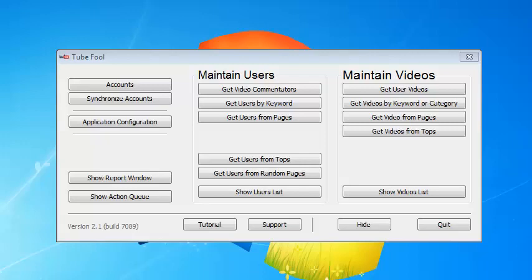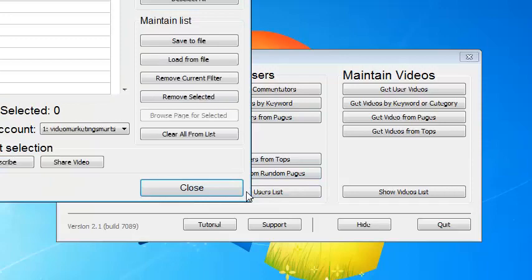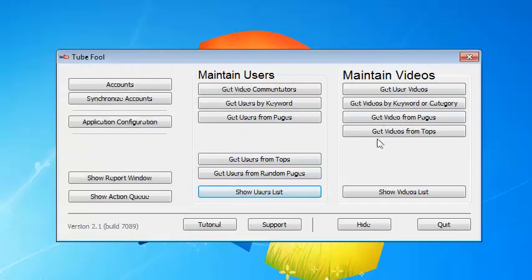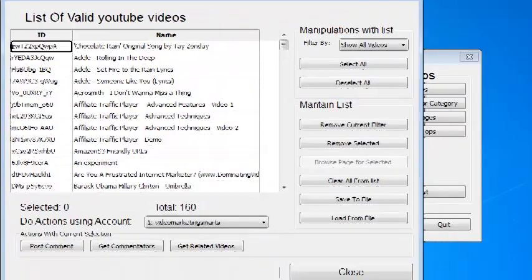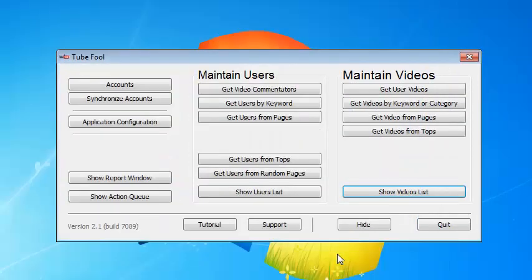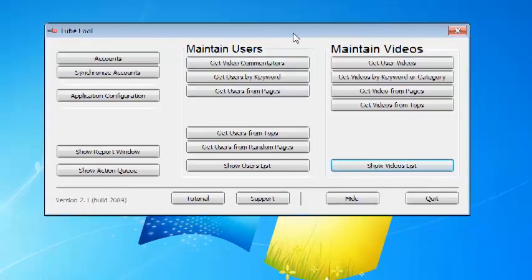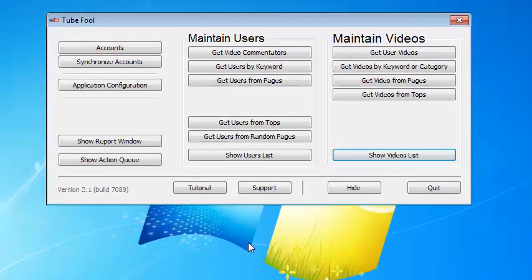That is, now that you have gathered a bunch of users and created user lists, and you've gathered a bunch of videos and you've created video lists, and obviously you know your niche, you know your keywords, you know what kind of business you're in, and you can target those types of niches and keywords. But once you have done some gathering, then you can do some functions here and do some engagement in the